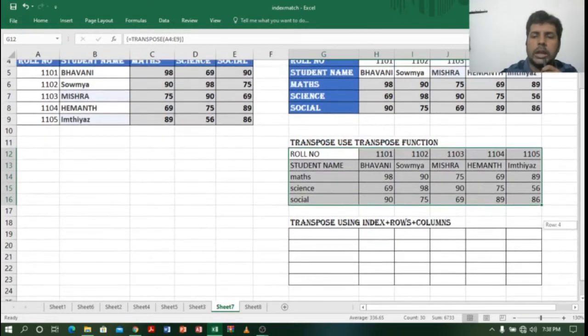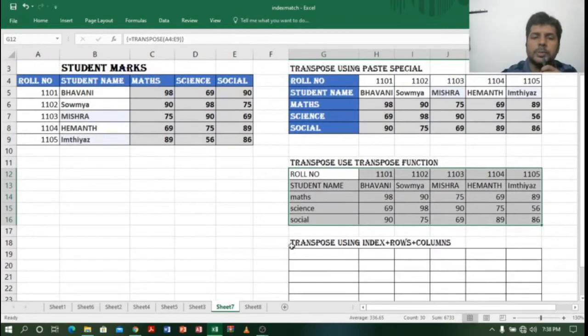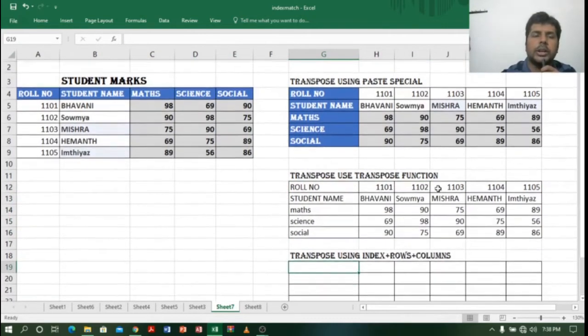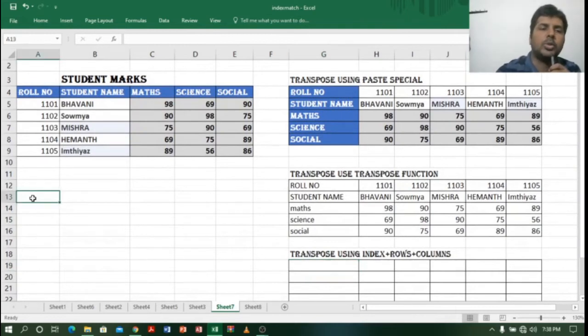So before going to the index rows columns transpose method, first let me show the direct method, then I will show you the indirect method. So first let me show how to create a table by using index, rows, columns, then I will show you how to transpose. Okay, so let me type equal to first. So what I will do, I will use index,